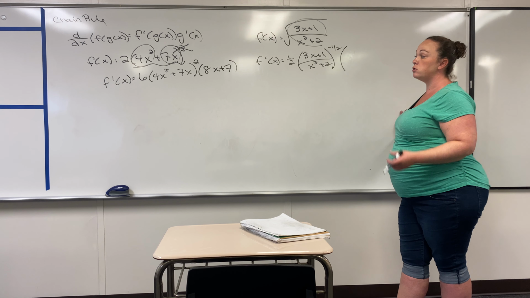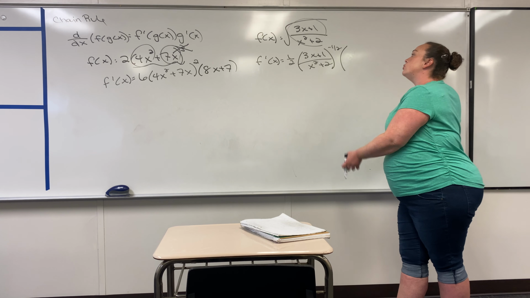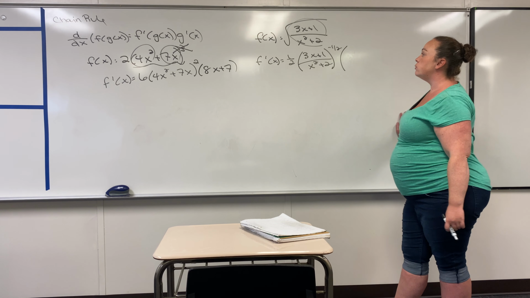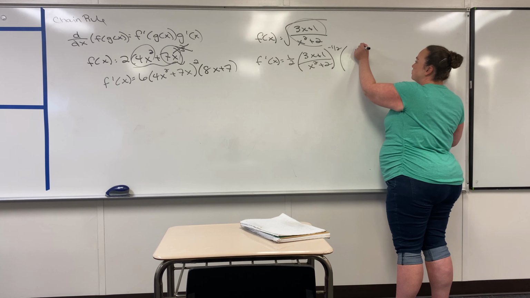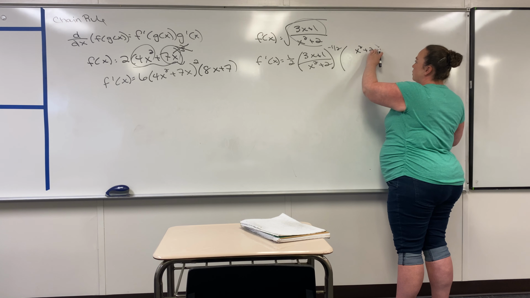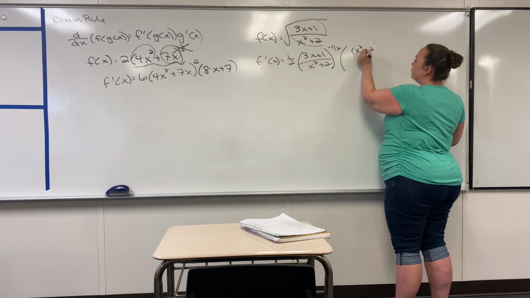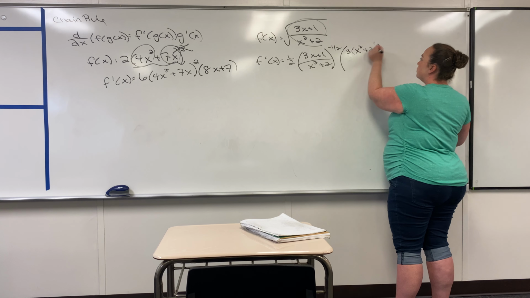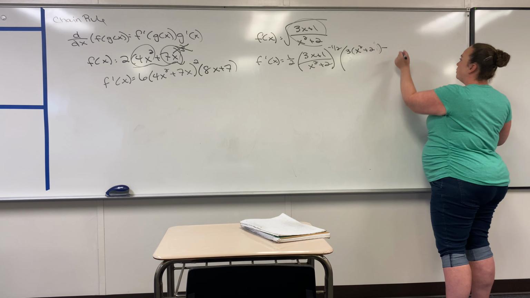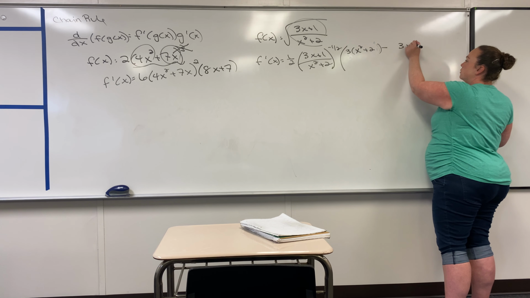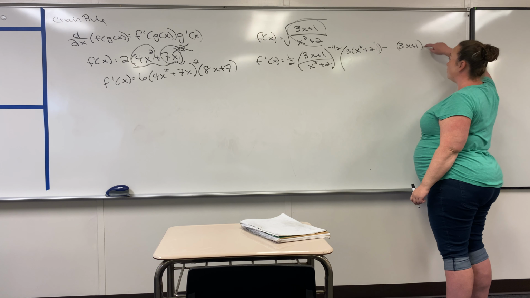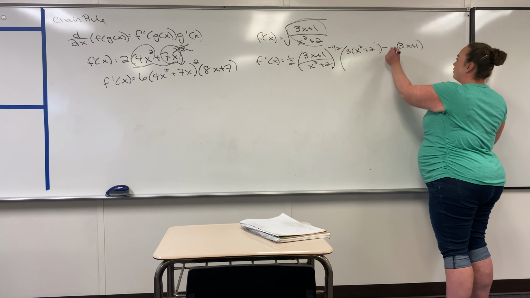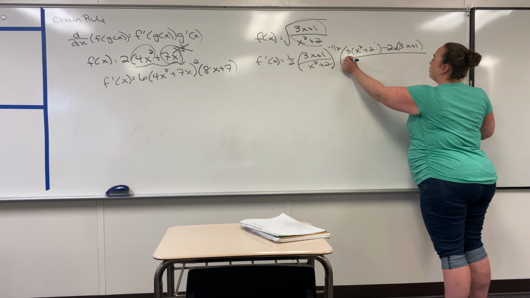That is a quotient. So to take the derivative of a quotient, you have to do quotient rule. So doing quotient rule here, you've got bottom, derivative of top, which is going to be 3, minus top, derivative of bottom, and same thing, since it's just 2x, I wouldn't write it back here. I'd put it here so it doesn't look funny. Over the bottom,